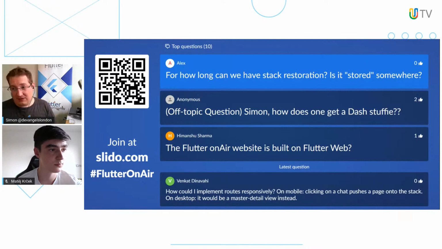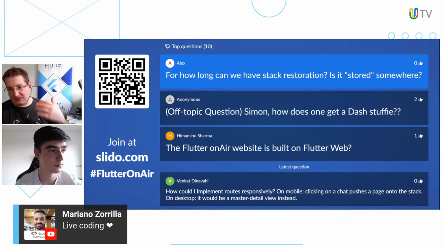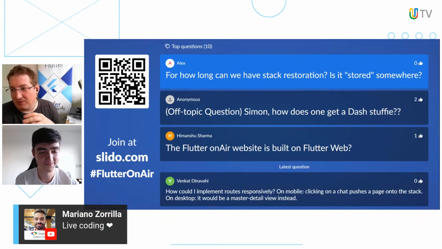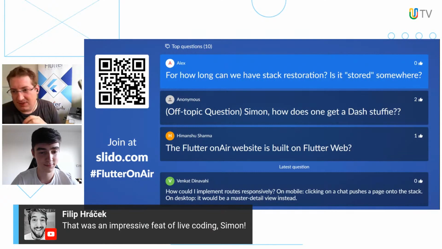So you can use that in conjunction with this to store your configuration for your set of pages. Again, in this case, I've just made a string array, but I could easily store that to a JSON file, and when I get it back, I then create my new set of pages from that. So yeah, it's definitely possible, but how long? As long as you have your app, right? I mean, yeah, we'll see.